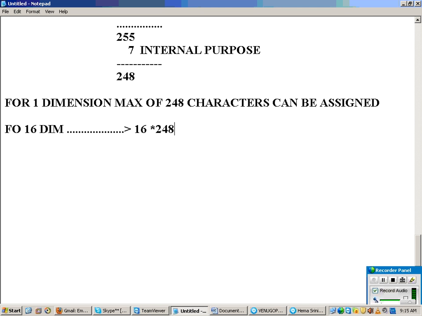So what is the maximum analysis that you can get using extended star schema design? A single transaction can be analyzed in 16 into 248 ways. That is the use of your dimensional table. That is the advantage of your extended star schema design. Right. Any doubts?